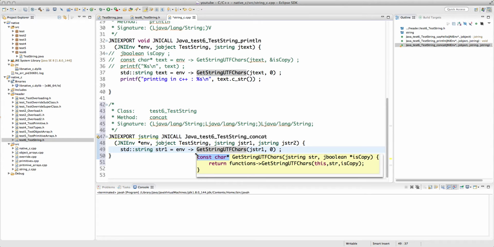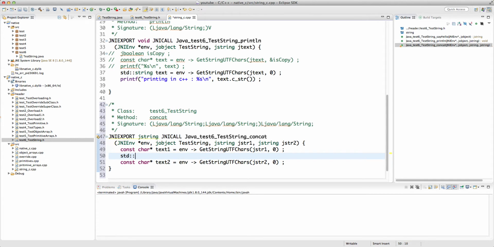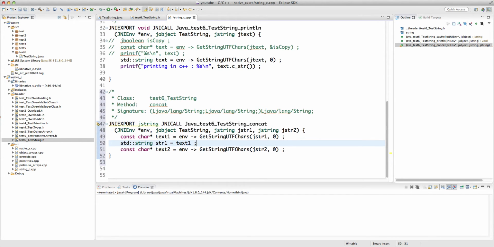And basically this returns this string, and I'm assigning it directly to the str, all right? But maybe it's better to use a const char pointer, basically text1 and text2. And std::string str1 is text1, and then std::string str2 is text2. So again, assignment is already overloaded for the std::string when we assign it to the const